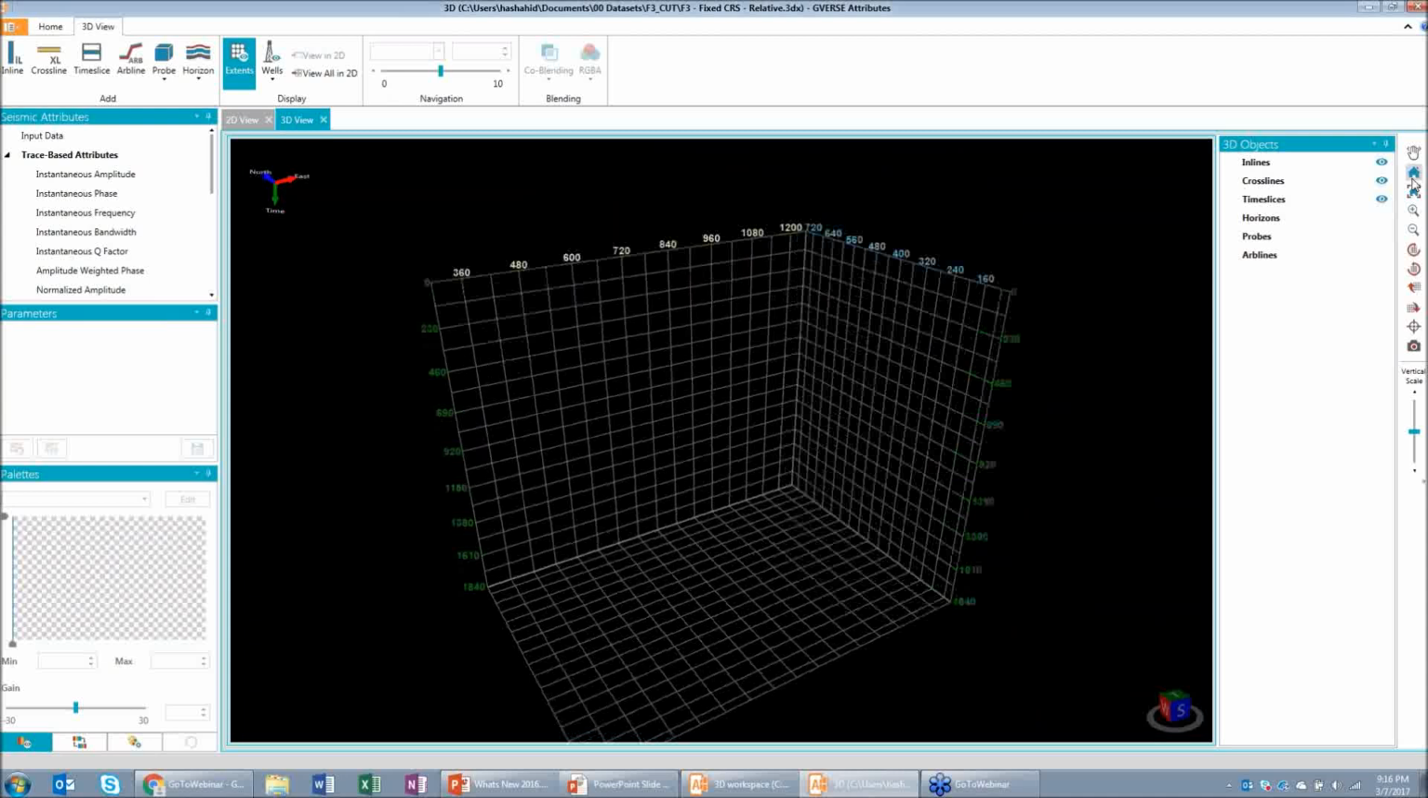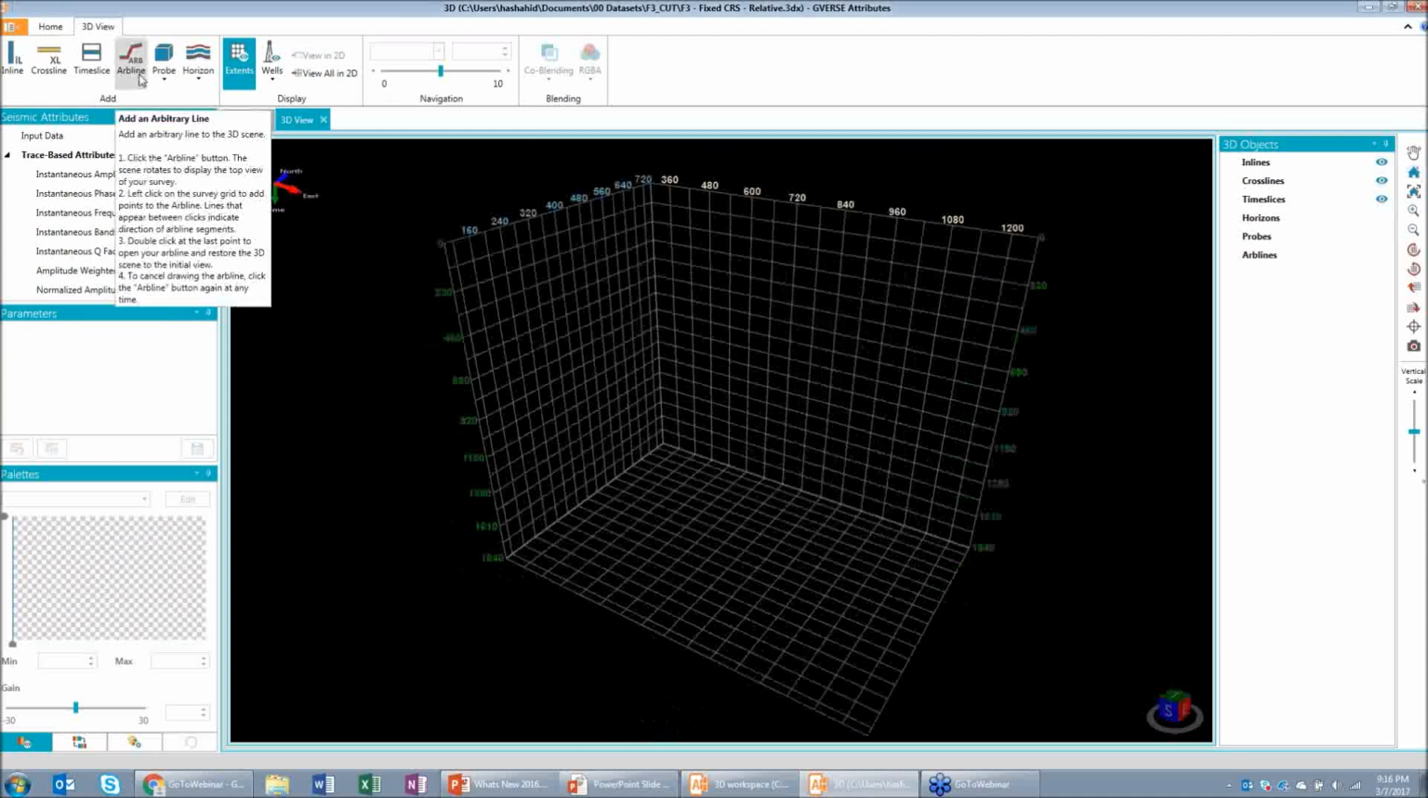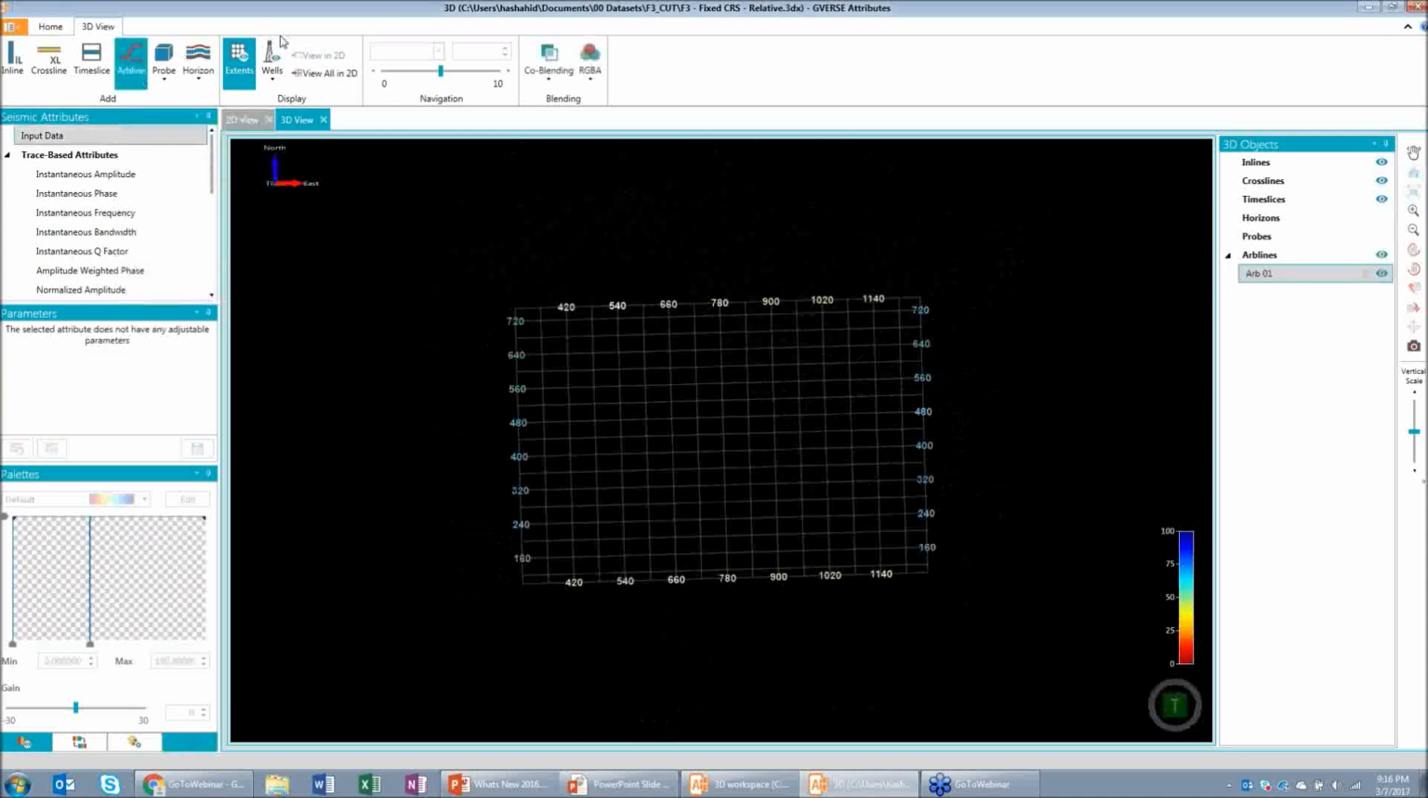Right. So we can also add arb lines to our 3D scene. We've also added support for well data, so now you can see your well symbols. Right now we don't have support for well bores, but you can look at your well symbols where they are in your survey area, and then you can create arb lines. Let's say I create a well-to-well arb line,